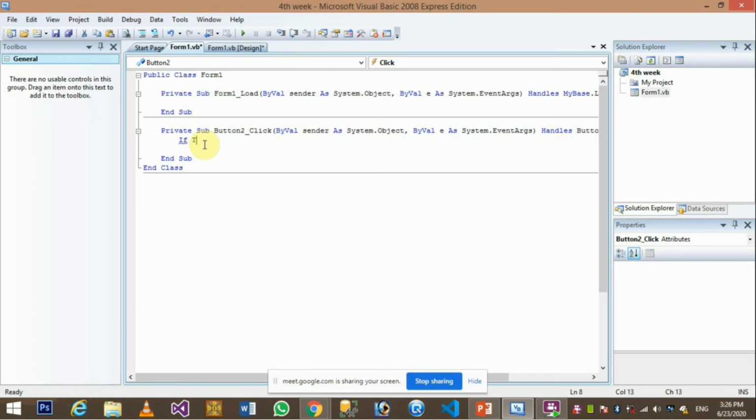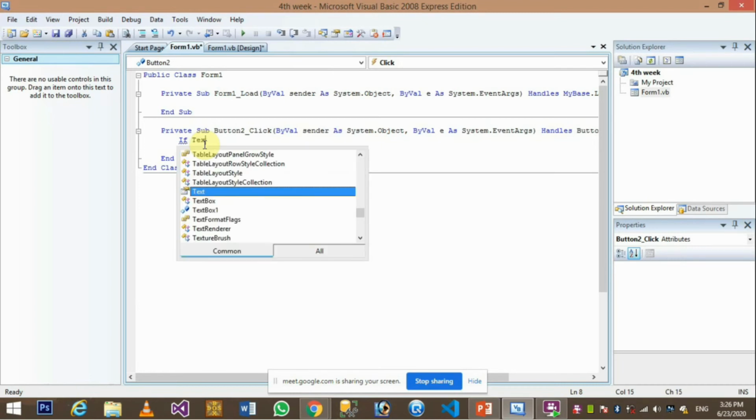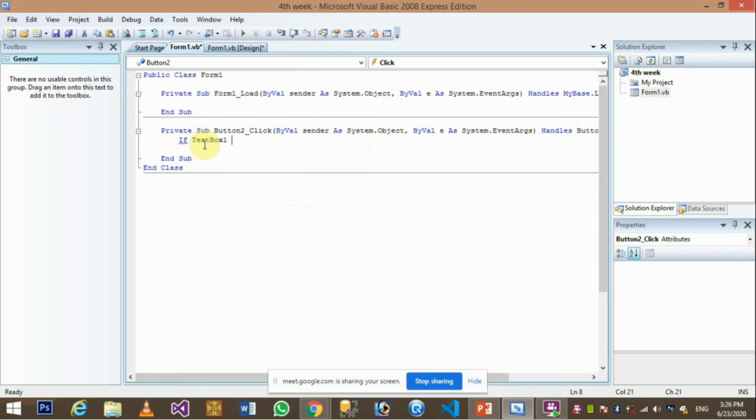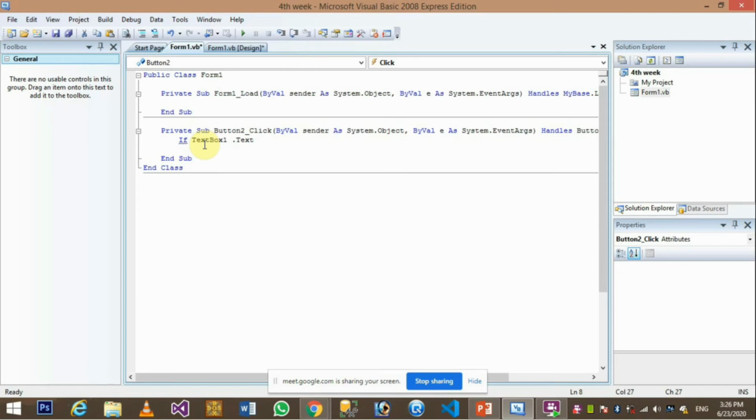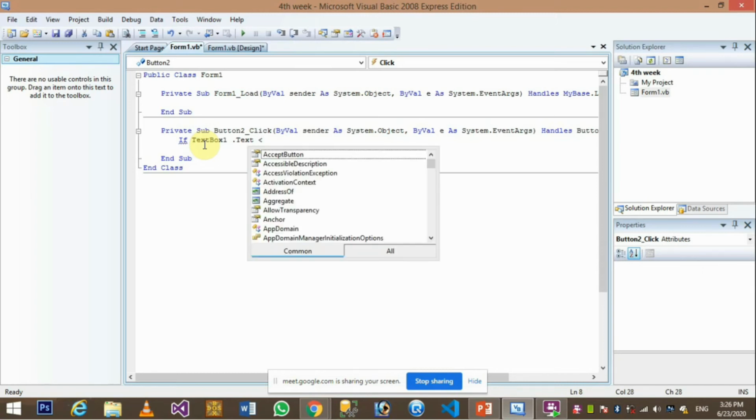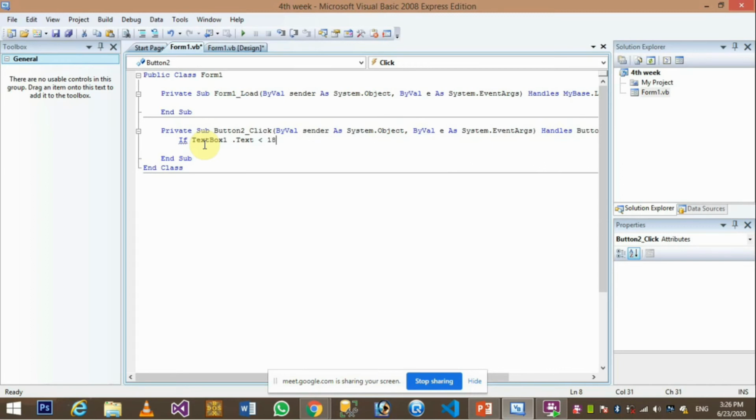If I'm writing text box dot text, it would always be converted into text. Text box 1 dot text, I'm writing is less than 18. If text box 1 dot text, whatever comes in this text box, is less than 18,